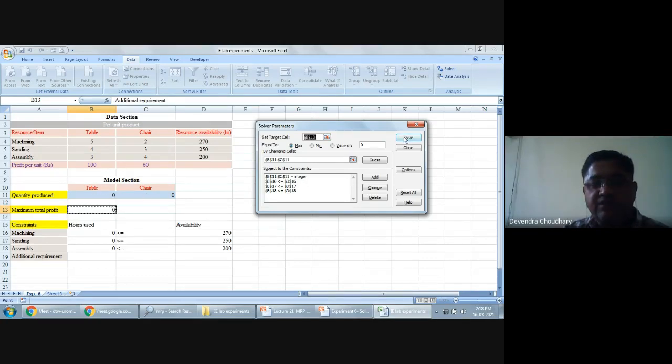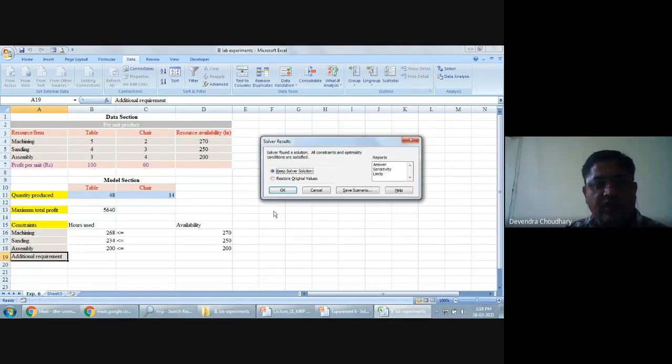If I press the solve button on this solver parameter window, what do you get here? You see, now you get the integer solution, and now you see that you are going to produce 48 tables and 14 chairs,